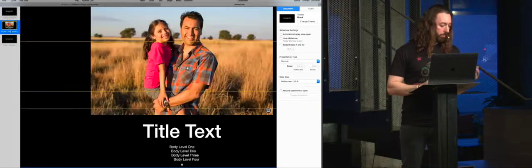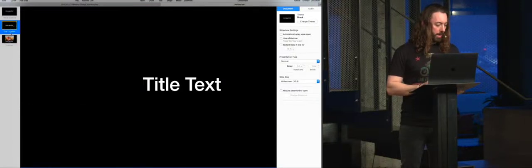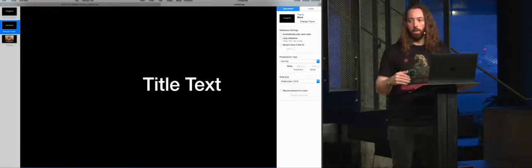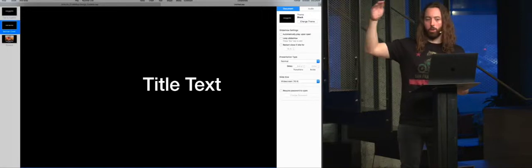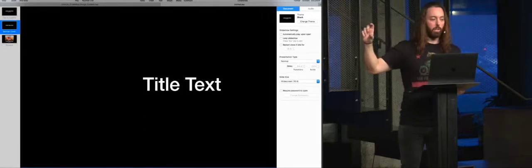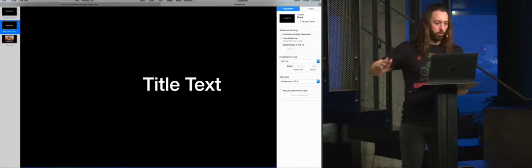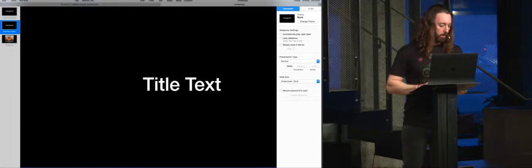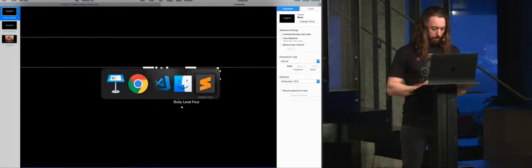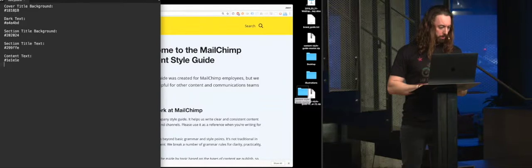The second one, we're going to call that content. So this is going to be our content slide. I'm actually going to put that in the 3rd position. And the second one is going to be, I'm going to call this a section cover. So basically the structure of this brand guide is going to be an intro slide, and then we're going to go into a section, kind of like a title, then content, then another section, then content. Pretty simple. So I have a file where I have a couple colors that I'm going to reference here, and